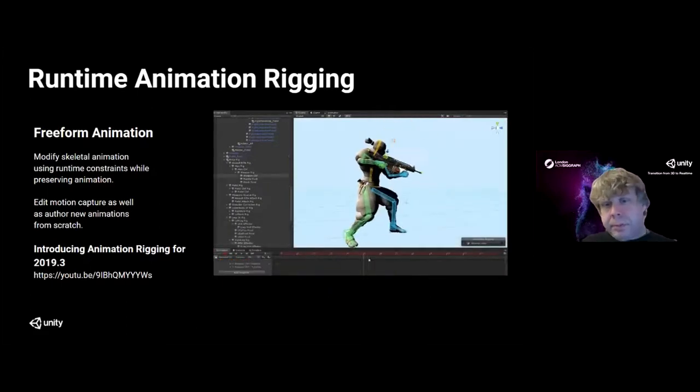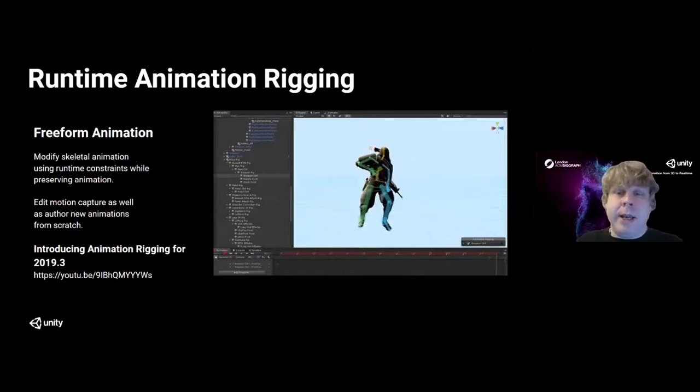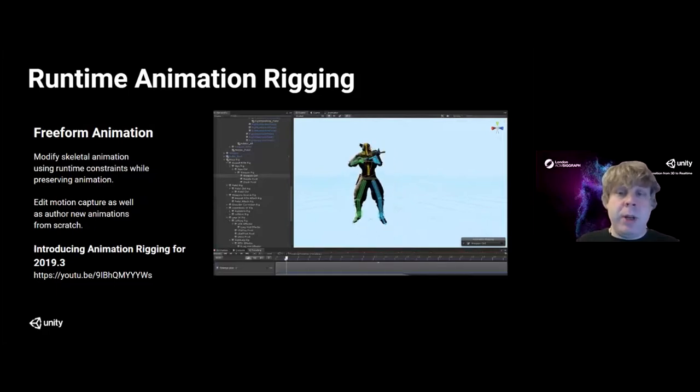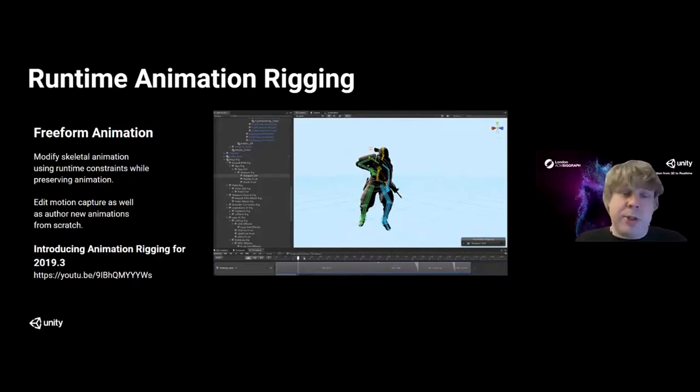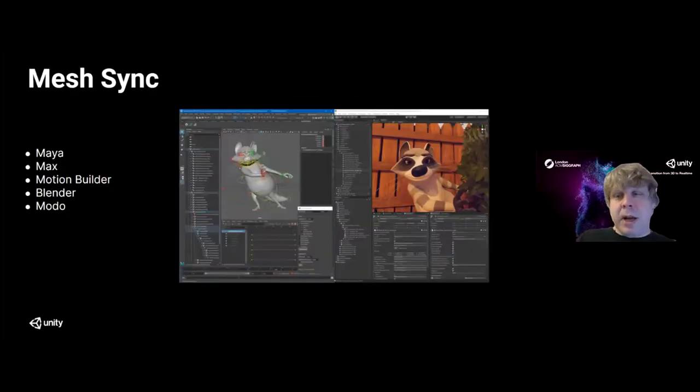Runtime rigging. Like I said, FBX and USD have skeletal information in them. So you'll be able to take that skeleton data in, with the motion applied to the skeleton, and have it run in real time. But we have what's called runtime animation rigging, where you can put another skeleton on top of your skeleton, or just constraints. And you can animate and layer motion on top of motion. Say you download some motion capture or do a motion capture session and you don't have enough info. You don't have to take it back into Maya, Max, Blender, Modo, Mobu, or whatever. You can just do it right in there.